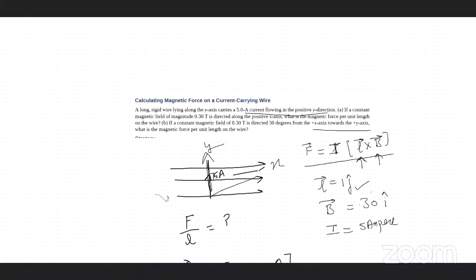So the magnetic field is no longer here. The magnetic field has changed its direction, but it is a bit inclined from x-axis towards the y-axis, 30 degree. करेक्ट। मतलब ये हो गया मैग्नेटिक फील्ड आपका।